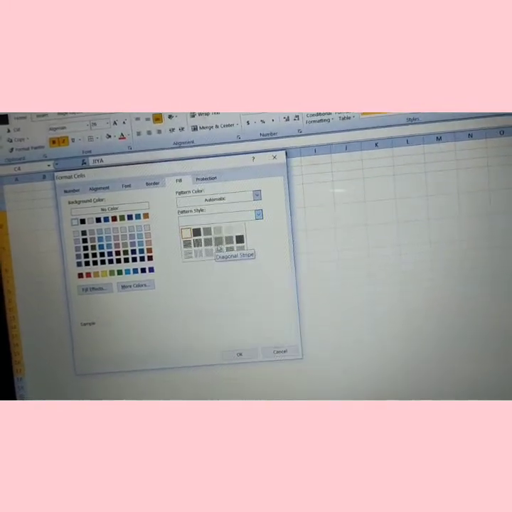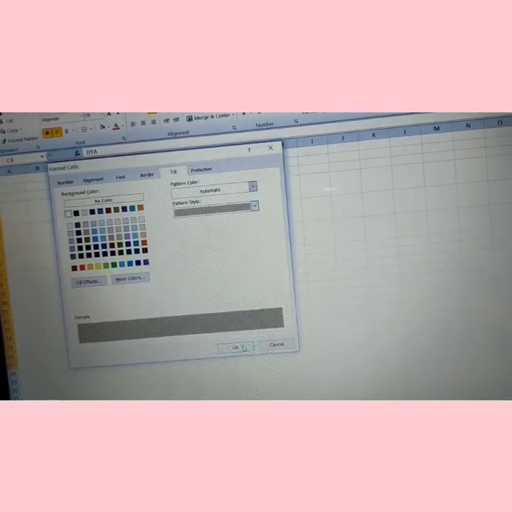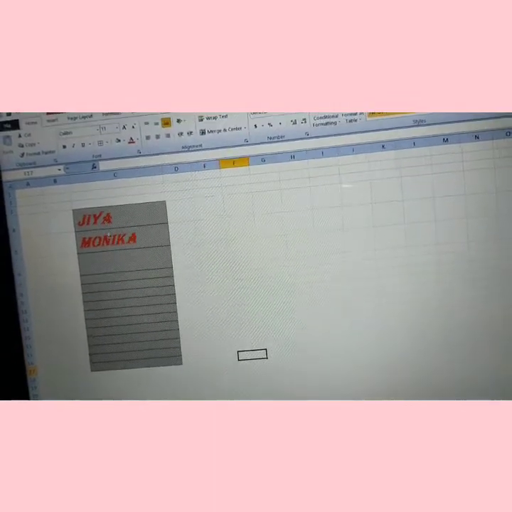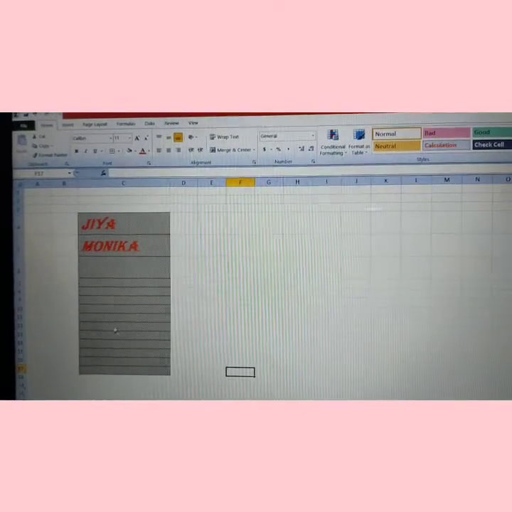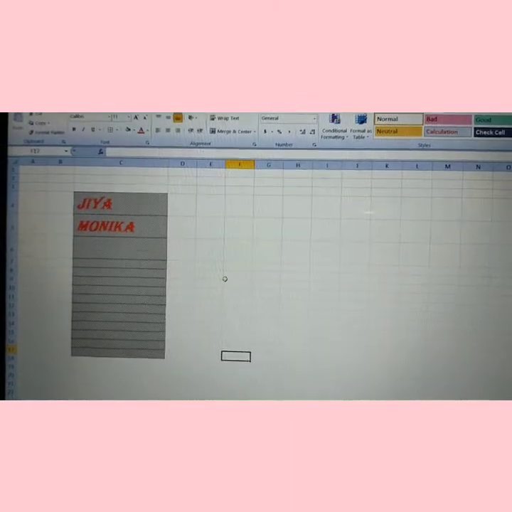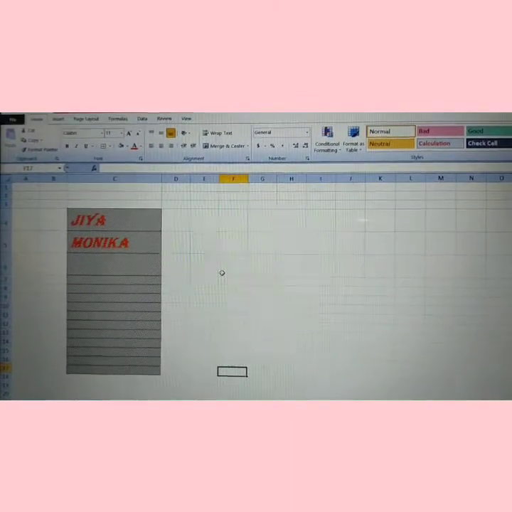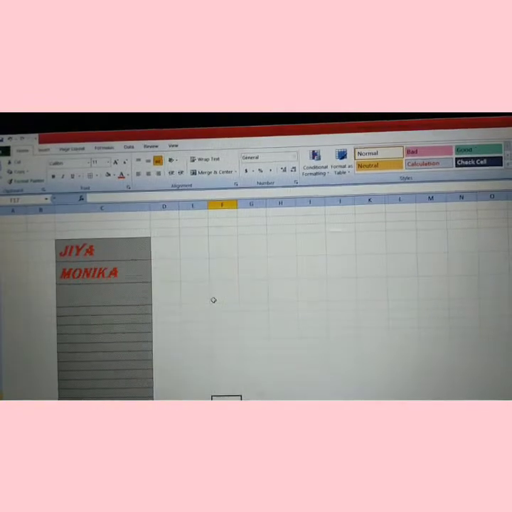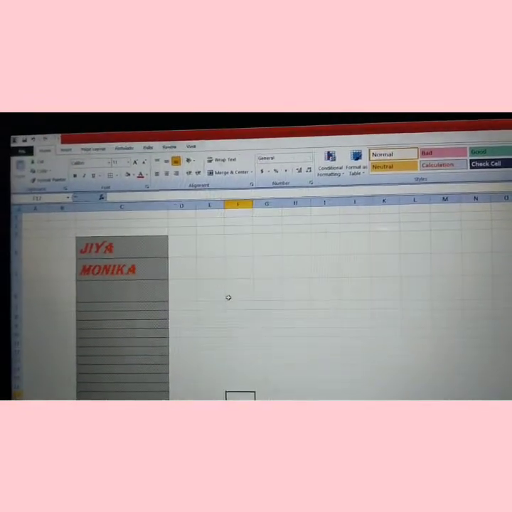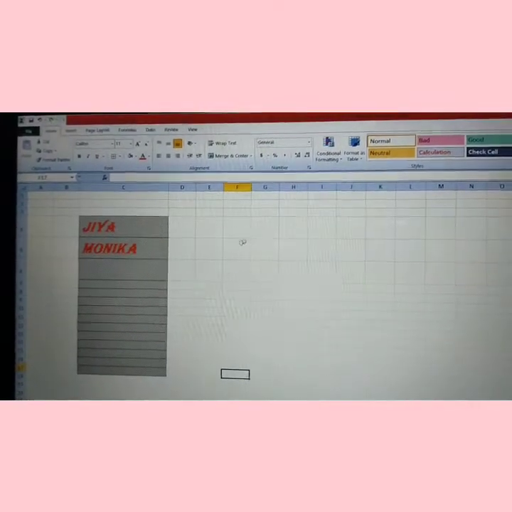Take any one, then click on OK. See your selected cells are changed into the pattern, and these patterns are of different styles: solid, gray, and horizontal strip, vertical strips. Okay, in this way you can take fill color option.